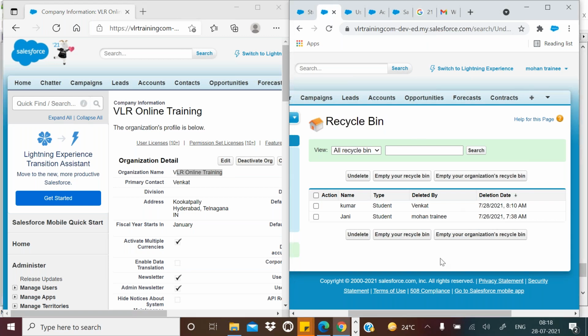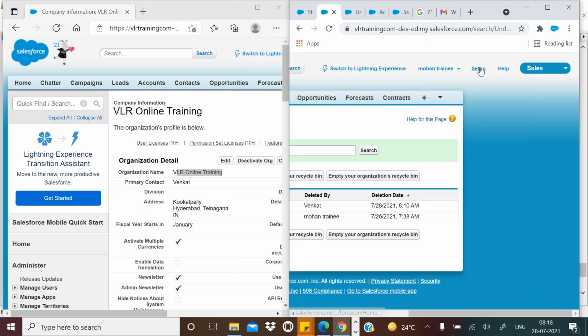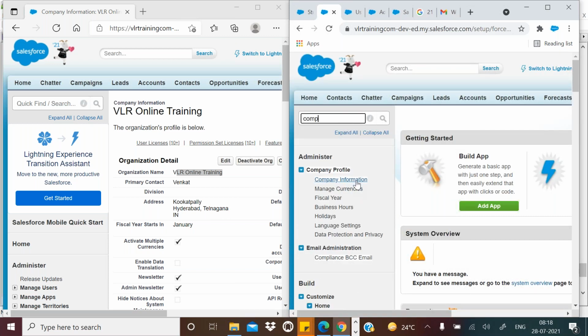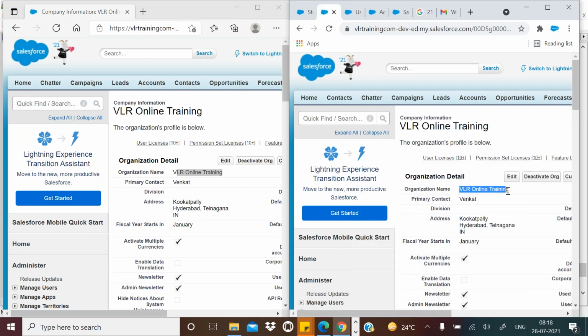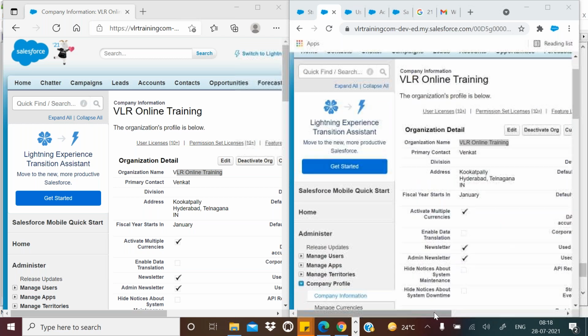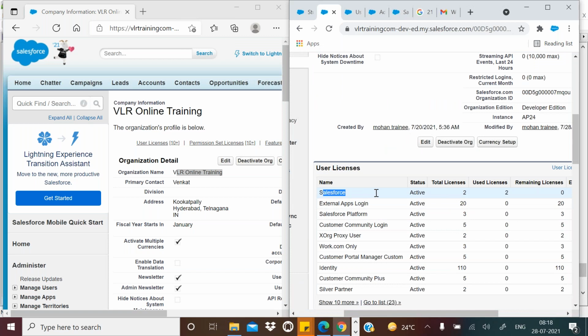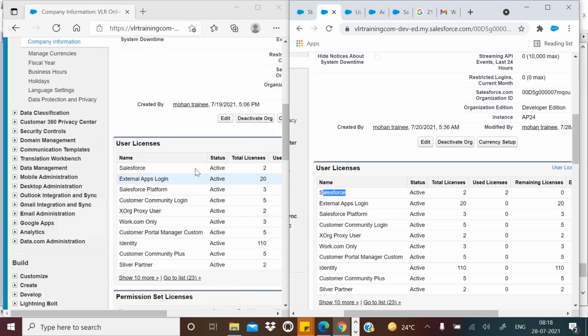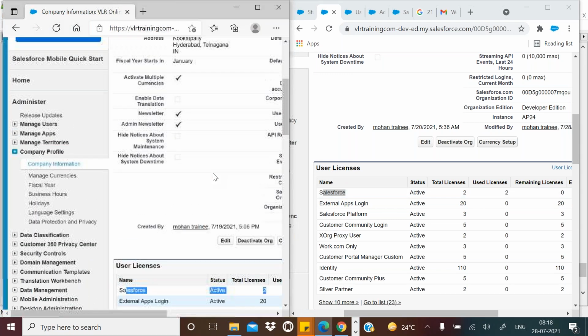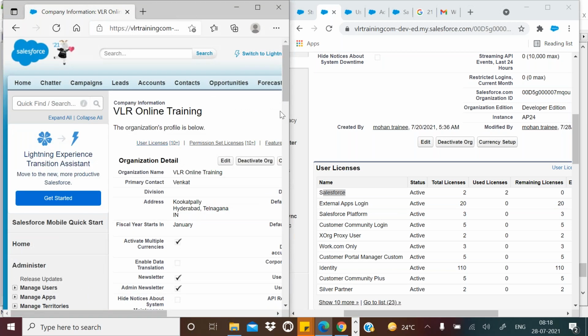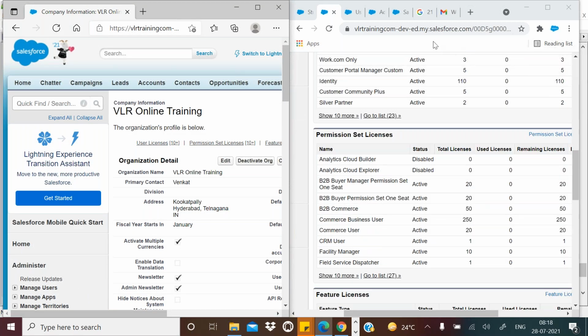When Venkat logged in, and when Mohan logged in, what is the org? The org is the same. The org will not be changed. But in that org, different users are there. The org contains all these features, and all these features are used by all users based on the license. Okay, that's it. Next.